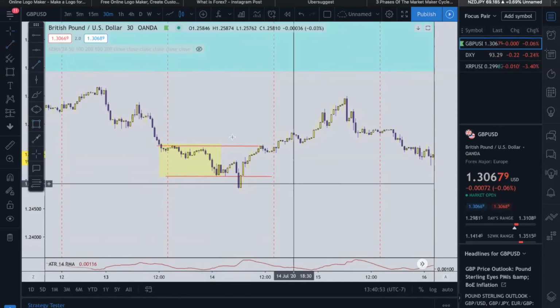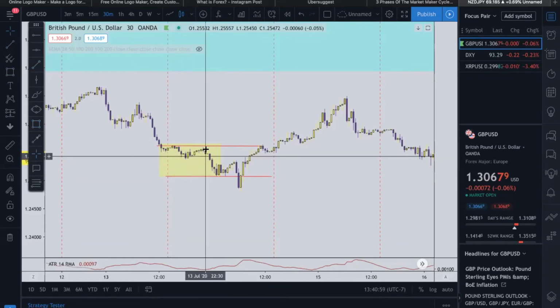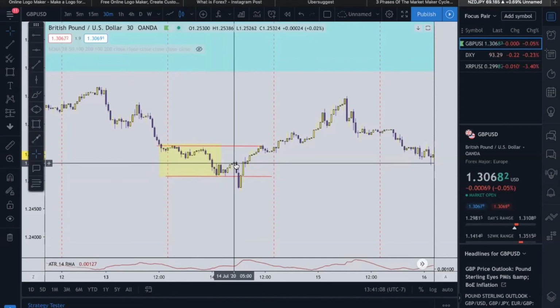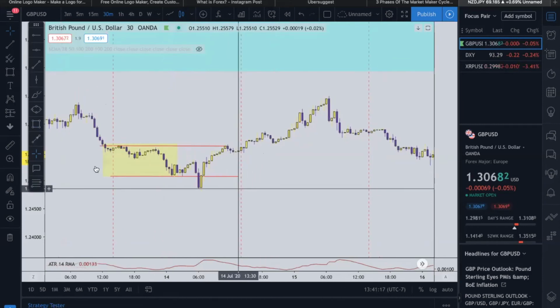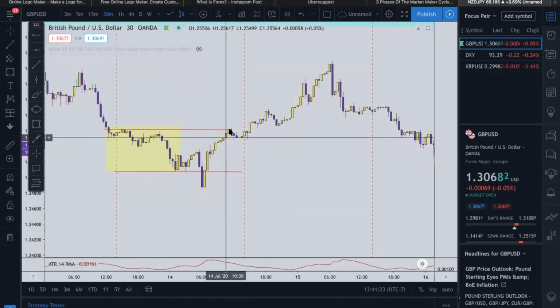Okay, what happened? Market makers are accumulating orders. They're finally starting to see enough orders come in. Sellers are coming in. Boom, bounces off this support level, comes back up. Guess who comes into the market? Boom. Sellers come back into the market. They break it. So all these sellers are still trying to sell. And as soon as market makers identify that, what happens? Boom, manipulation